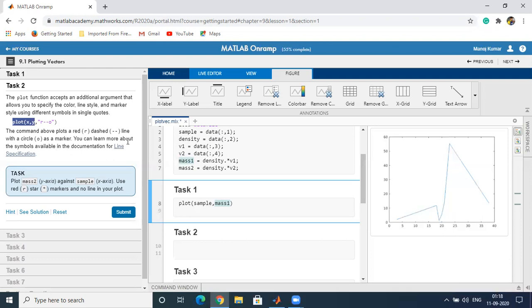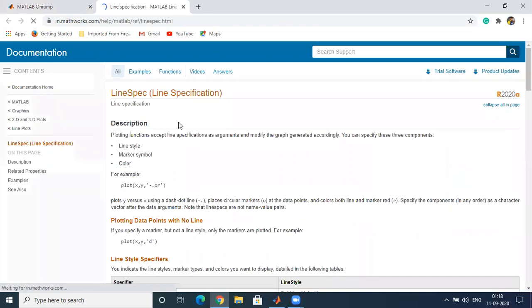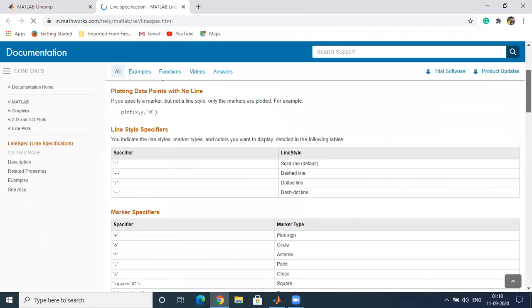Now you can learn more about the symbols available in the documentation for the line specification. For example, if we click, then we will obtain the line specification. There is a description where we have the line style, marker symbol, and color. There are different types of line style specifiers.